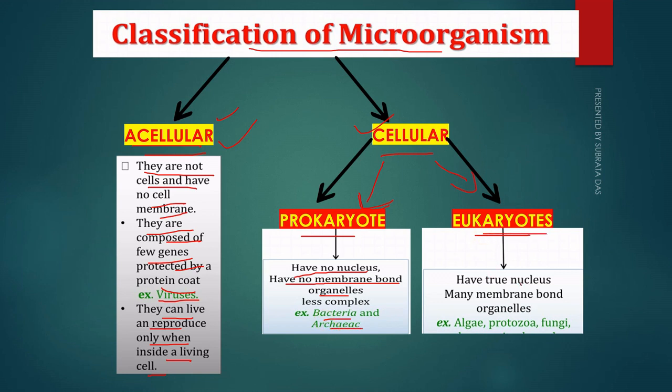And eukaryotic microorganisms have a true nucleus. They have a membrane bound nucleus and many membrane bound organelles like mitochondria, plastids, ER complex, Golgi bodies. Examples of eukaryotic microorganisms are algae, protozoa, fungi. So this is the classification of microorganisms: acellular, cellular, and within cellular they are classified into prokaryotic and eukaryotic microorganisms. Okay, so move on to the